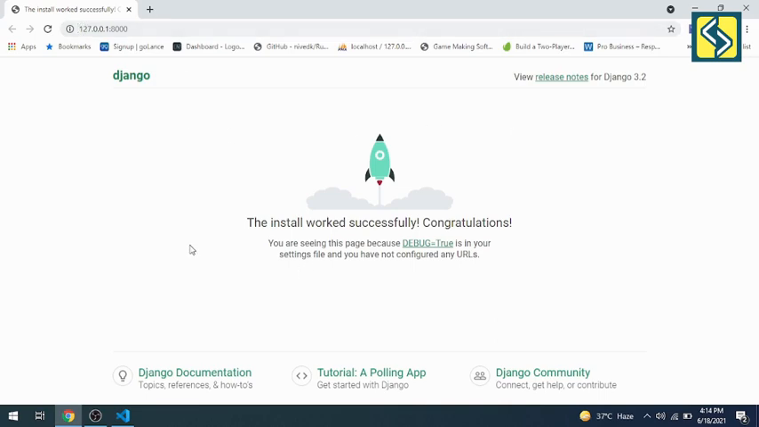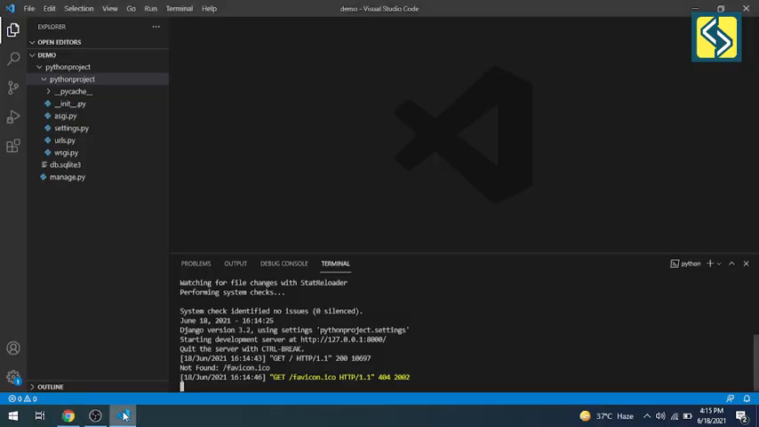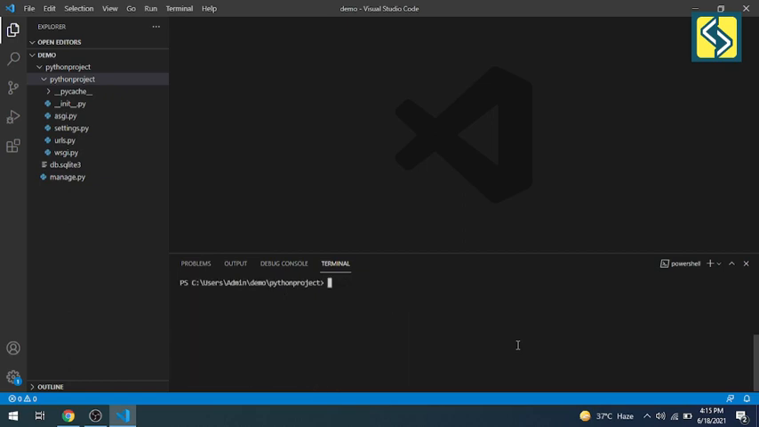So now we have to create our website. We want to show our website homepage here if we type this URL. So first we have to create one app in our project. Press Ctrl C in your terminal and clear all data using cls. Now we have to create one app